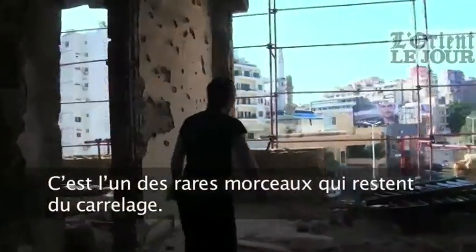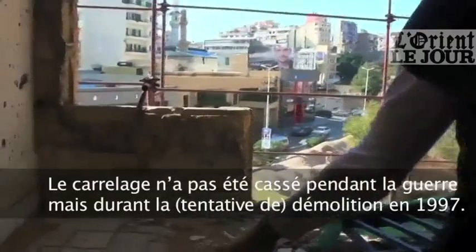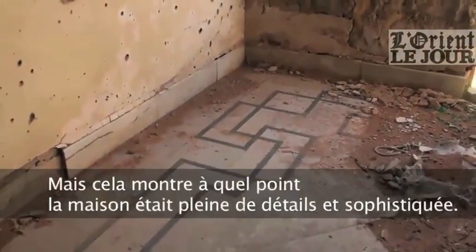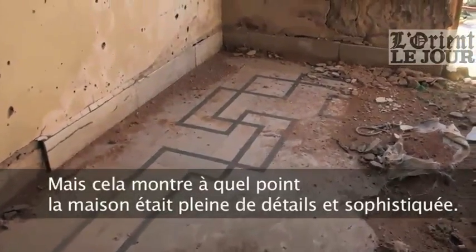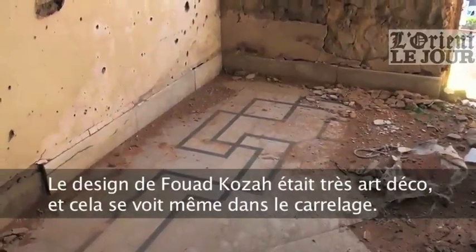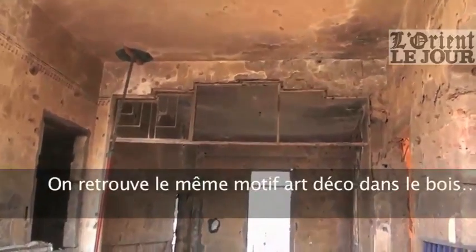This is one of the rare remaining parts of the tiling. The breaking of the tiling was not during the war, it was during the demolition in 1997. But this shows you how detailed and how sophisticated the houses were. And the design of Fouad Kozah was very Art Deco, and you can see it even in the tiling. And you can see the same Art Deco details in the wood of the...